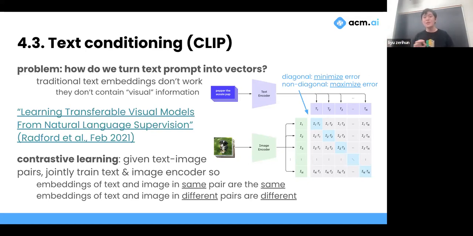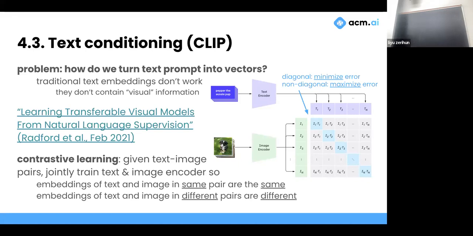It uses something called contrastive learning, which is we have a data set of text and image pairs. So usually captions and images themselves, right? And we're training two things jointly: the image encoder and a text encoder. So we have a bunch of these text and image pairs, and we pass the text ones through the text encoder and the image ones through the image encoder.